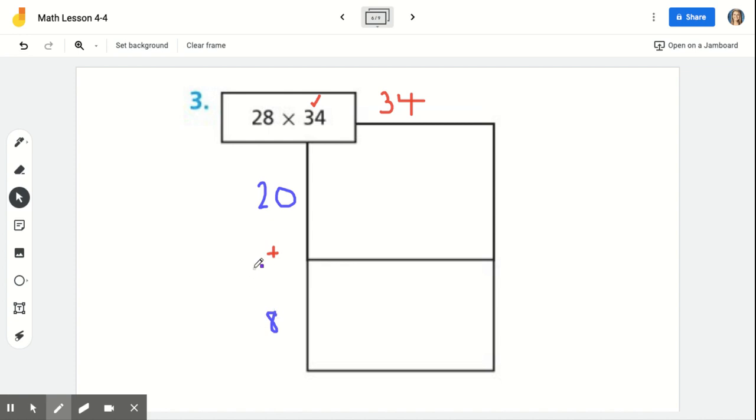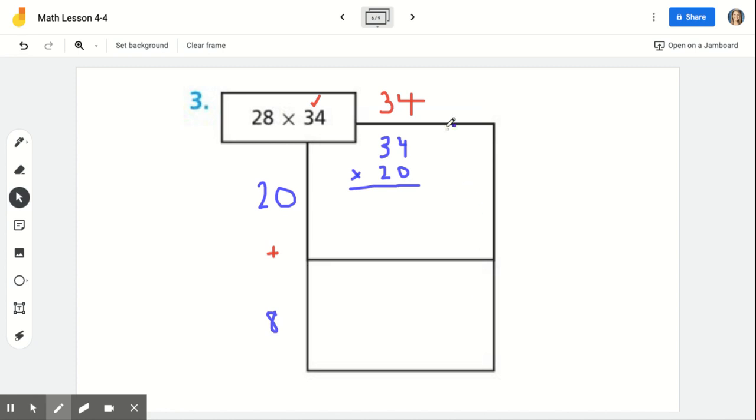Our next step is to multiply within our place value rows. So we're going to be multiplying the top factor by the side factors. So the first box, we're going to be writing 34, nice and neat, times 20, and it's going to be stacked just like I'm doing it. Go ahead and write that into your book,